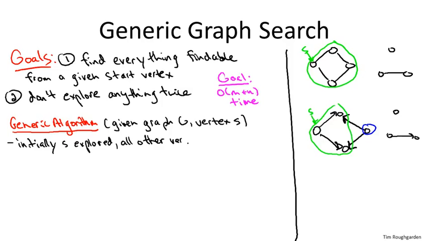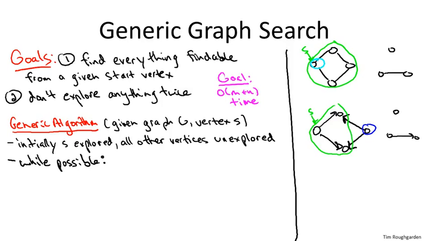And it's useful to think of the nodes thus far as being in some sense territory conquered by the algorithm. And then there's going to be a frontier in between the conquered and unconquered territory. And the goal of the generic algorithm is at each step we supplement the conquered territory by one new node, assuming that there is one adjacent to the territory we've already conquered. So, for example, in this top example with the undirected network, initially the only thing we've explored is the starting point S. So that's sort of our home base. It's all that we have conquered so far.